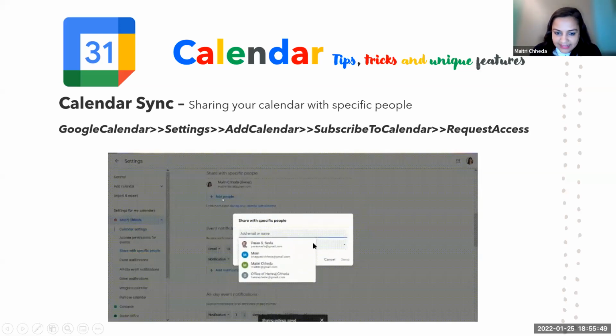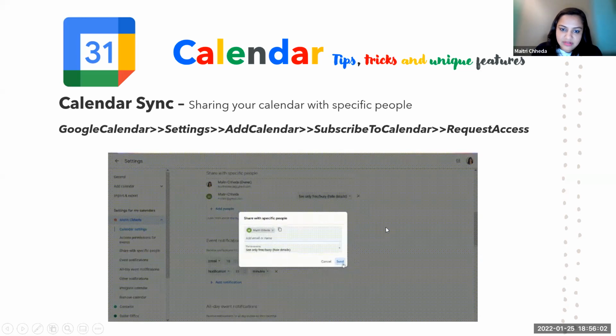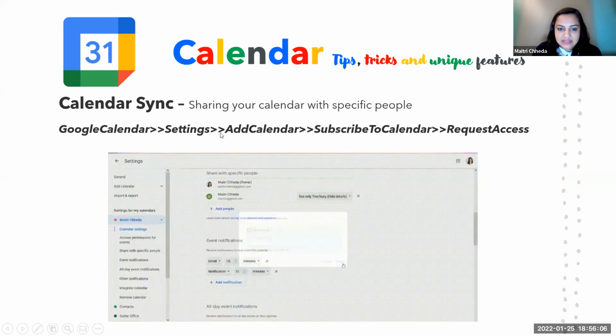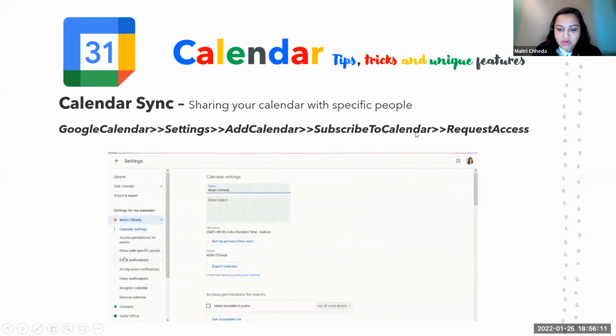So there are categories of requests which are there. So you go to Google, you go to settings, you go to share with specific people, you write down, and then you can see how much they can access, and done, and they will receive. Okay, clear. Over here I will make changes when I'm probably sharing it with you, but this is wrong, this I've not used properly in my slide.